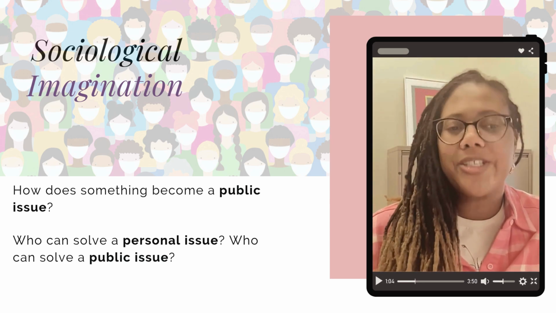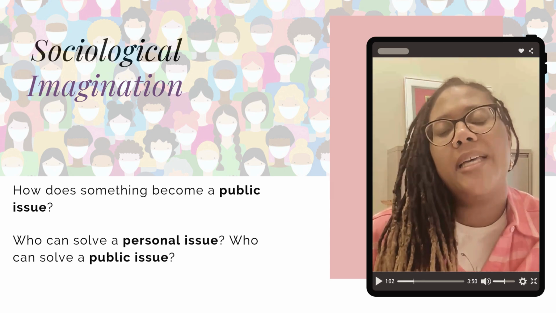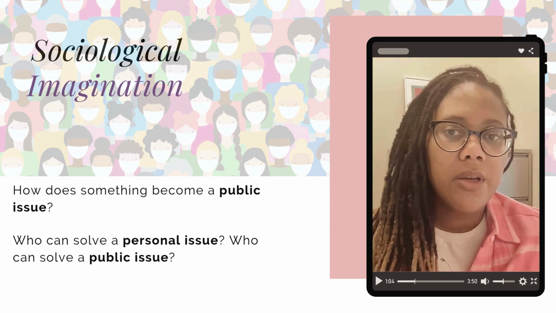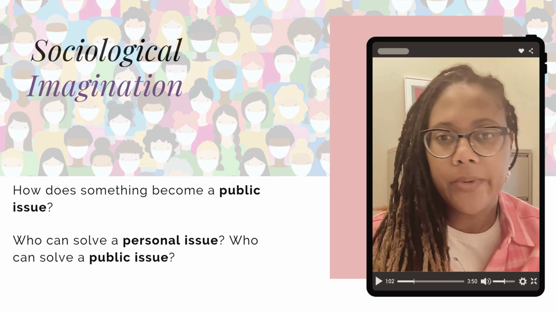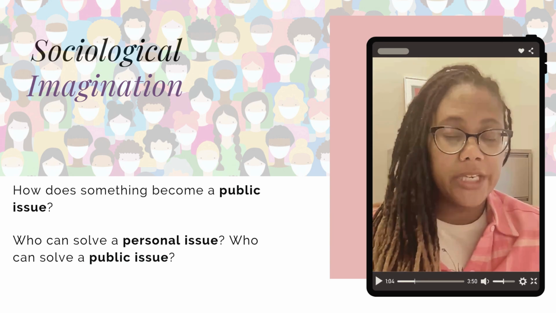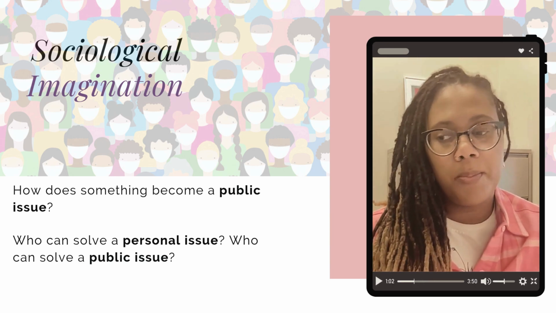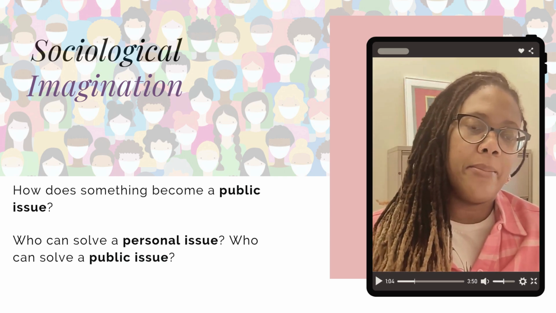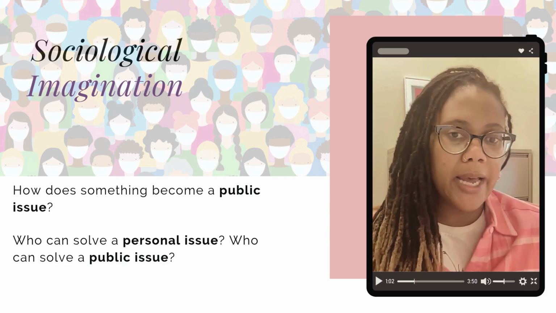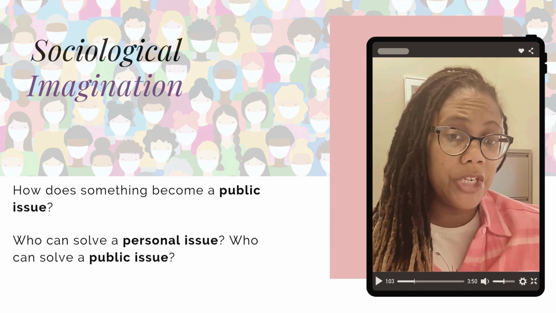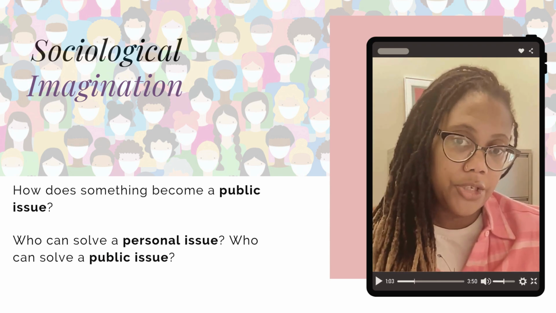So, the sociological imagination allows us to link our personal, individual lives with greater society and the rest of the world. And so, this means that we can look at a particular event or a particular pattern in our own lives and determine whether that pattern or event is caused by our own personal issues or if it's more of a public issue that is beyond our reach.